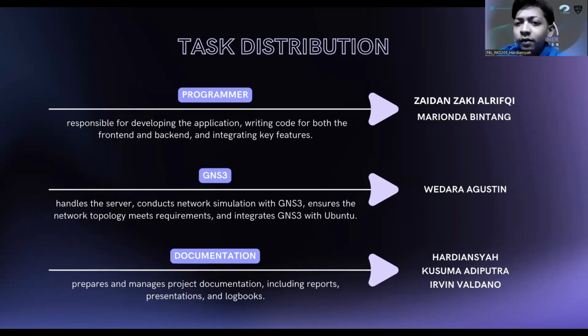The project tasks were divided into three parts: programming, which was responsible for building the application front-end and back-end and creating the GUI; GNS3, which handled the GNS3, built the topology, and ran the application; and documentation, which was responsible for documenting.